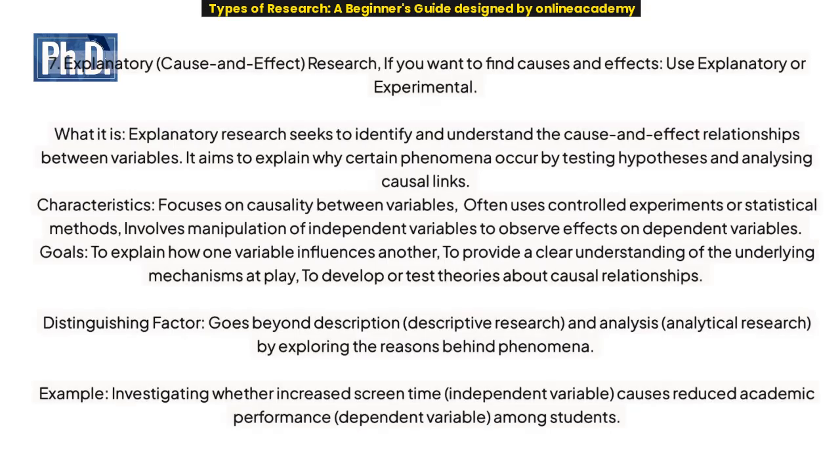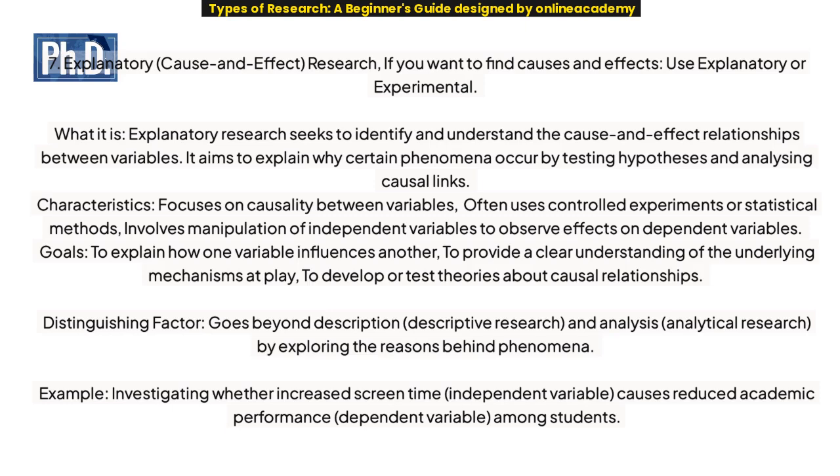Number 7. Explanatory, cause and effect, research. If you want to find causes and effects, use explanatory or experimental. What it is? Explanatory research seeks to identify and understand the cause and effect relationships between variables. It aims to explain why certain phenomena occur by testing hypotheses and analyzing causal links. Characteristics. Focuses on causality between variables, often uses controlled experiments or statistical methods, involves manipulation of independent variables to observe